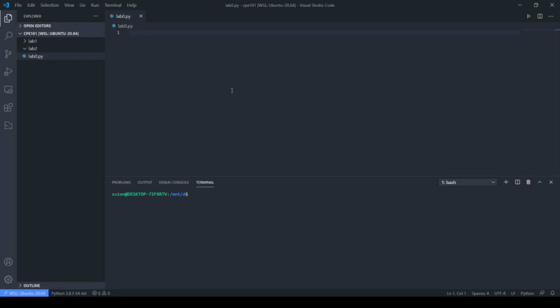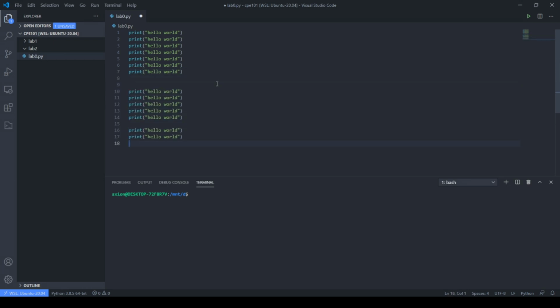For example, let's say you have a bunch of lines of code that you want to run, and now let's say you have a 1 plus 1 here, and you wanted to run your code, but you didn't want to show all of these other print hellos up here. You can do a multi-line comment with Control Shift, and that'll comment out all the